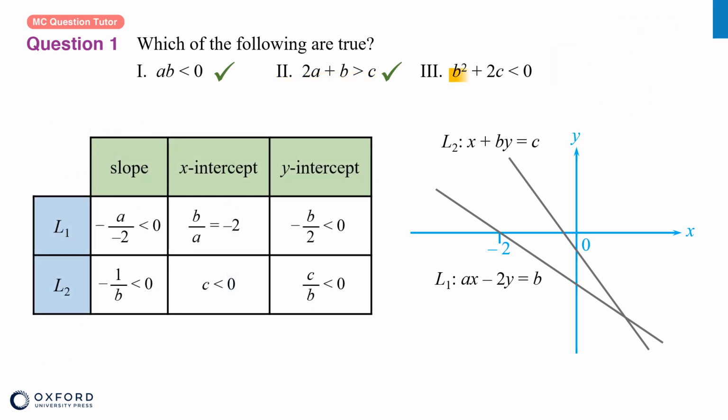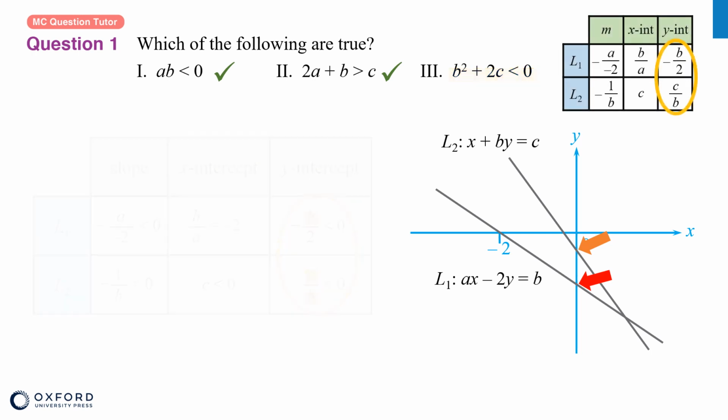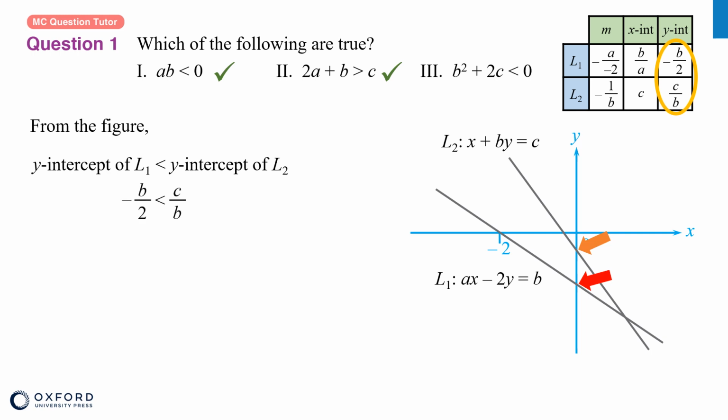Finally, we come to inequality 3. It involves b and c only. Let's consider the y-intercept column as it involves b and c only. What can we get from the figure? We can see that the y-intercept of L2 is greater than that of L1. Set up an inequality,